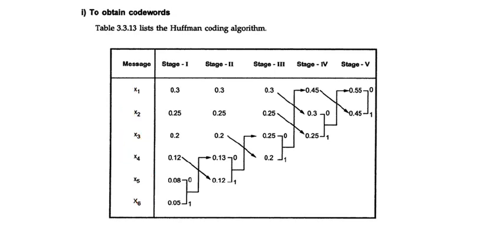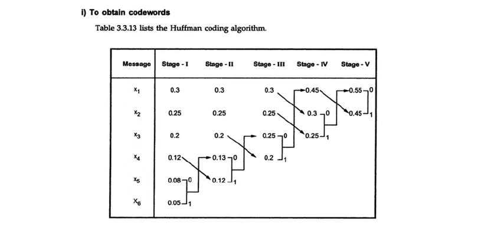Then in Huffman coding, what we do is tie the two least probable symbols. Here the two least probable symbols are x5 and x6, that is 0.08 and 0.05. We combine these two symbols, and among these two the least one is assigned binary 1 and the highest one is assigned binary 0. Now the combined probability is 0.13, but 0.13 is more than the x4 probability, so now we write 0.13 above 0.12.